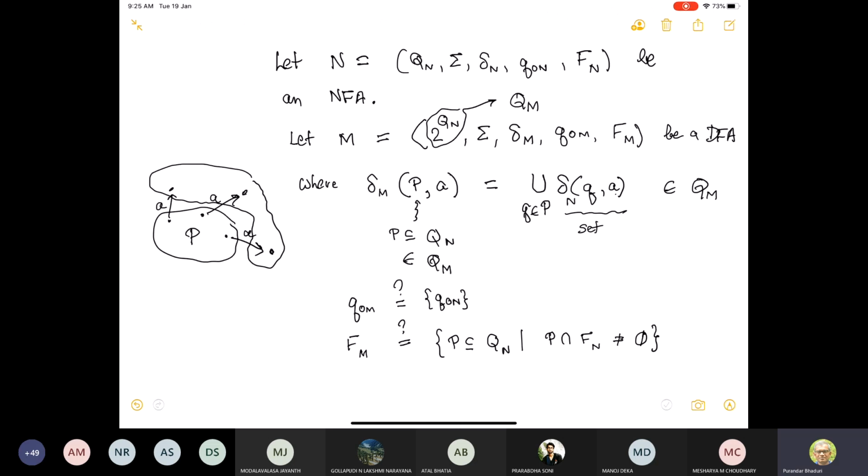And remember, a state here is a set of states in the non-deterministic automaton. Right? So any